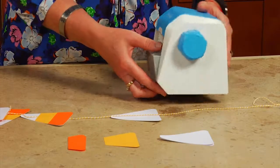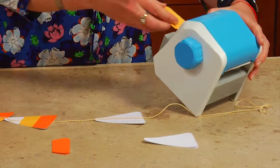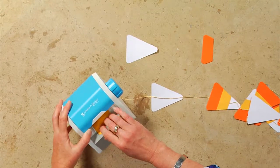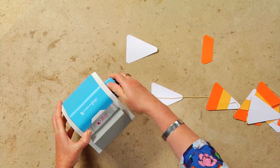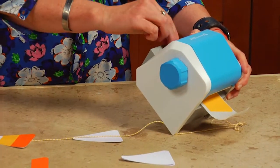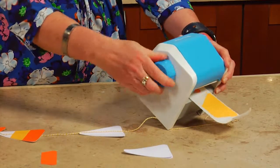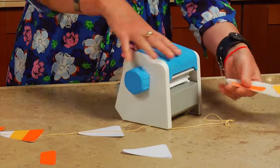So now I'm going to take my Create a Sticker Mini, and I'm going to put 1 yellow and 1 orange piece into the machine. So I'm going to tilt it up so I can see down in there. Turn the handle. And then once I've seen the yellow piece go through, I can go ahead and put in the orange piece. And once those are through, I just tear that off,